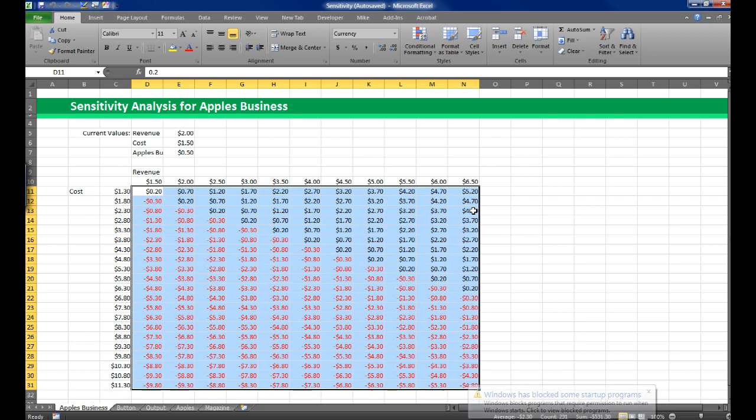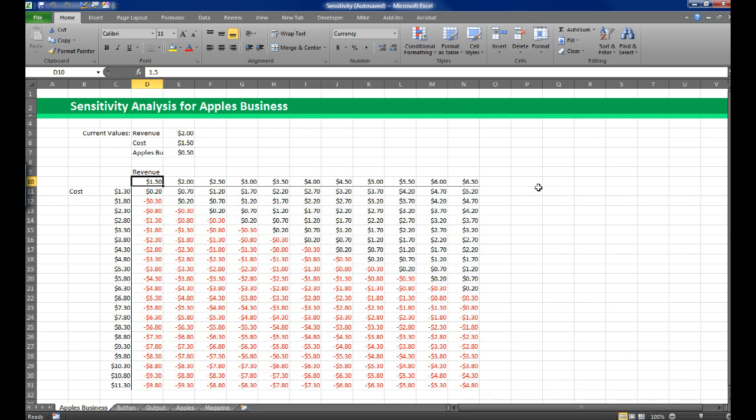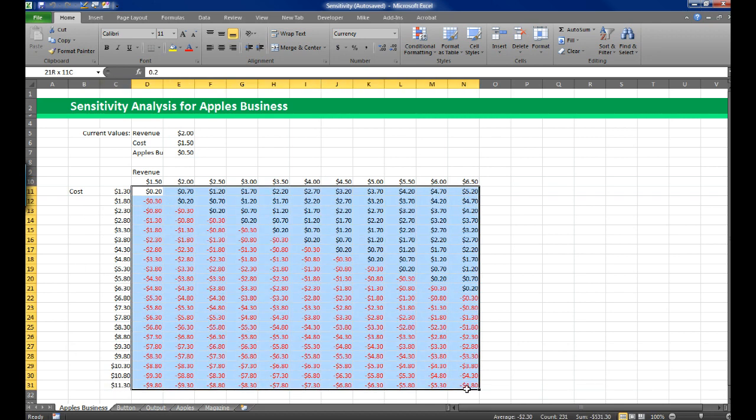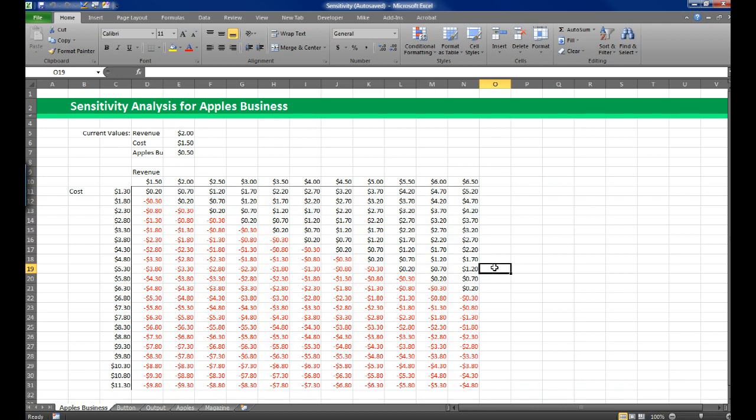So as you can see, in less than a second, it's actually generated a report for us from a revenue from $1.50 up to $6.50, cost from $1.30 to $11, and within here, all the profit or loss amounts. Now that was a very simple example, but it just illustrated how to use the model. In a more